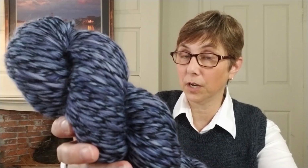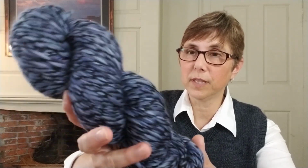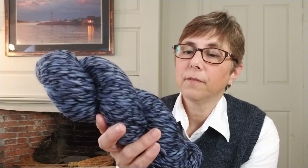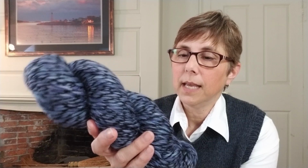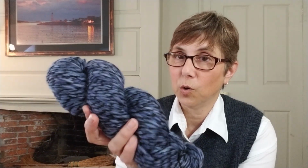You can see this is the beautiful blue dyed merino. Oh, it's so lovely. It has blues and purples and some really dark blacks in it. And this is from Little Bean Loves Yarn. Kayleen lives here in Marblehead, and I often get a lot of my fiber from her, but this is really beautiful. This is one of the ones that I decided to just go ahead and spin the fiber all in a single, and I'm plying it with that black lace weight yarn, and that just gives me so much